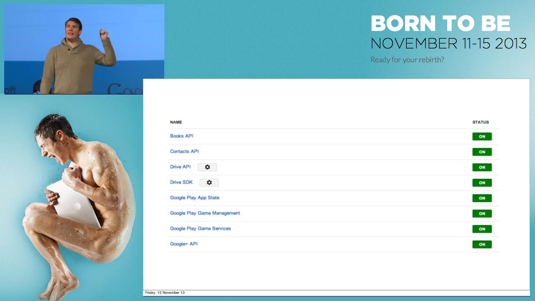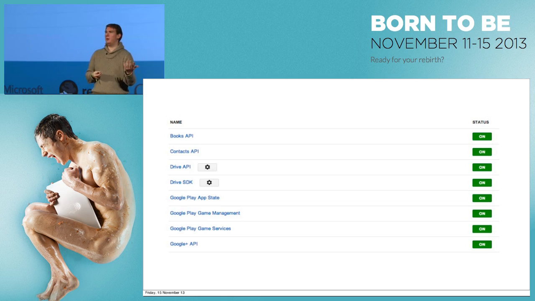And it's important to enable the APIs you want to access. It's not enough to just ask for the scope. You've got to turn on the API. This is also where you can manage things like quotas. So if you're doing some calls on some Google APIs, you'll find there are limits on how many calls you can do per day. You can normally request more quotas, or for some APIs, like translation, you can turn on billing to allow you to pay for more calls if you want them.